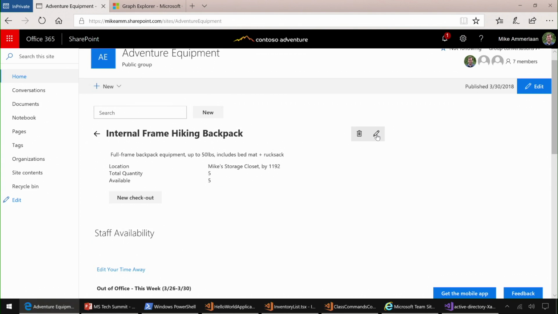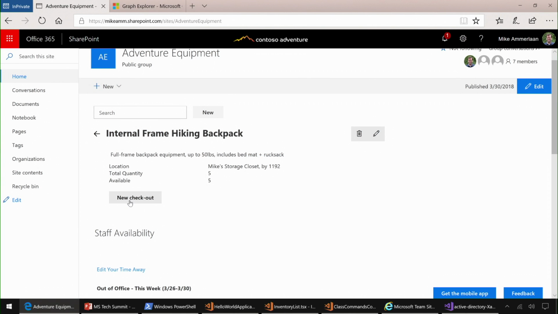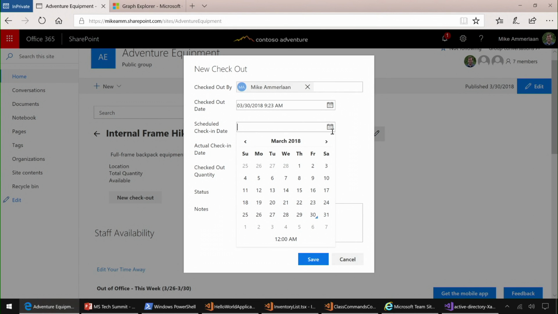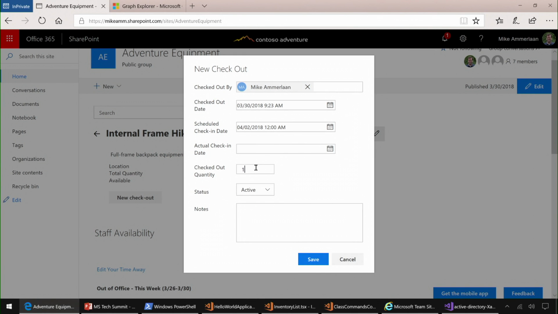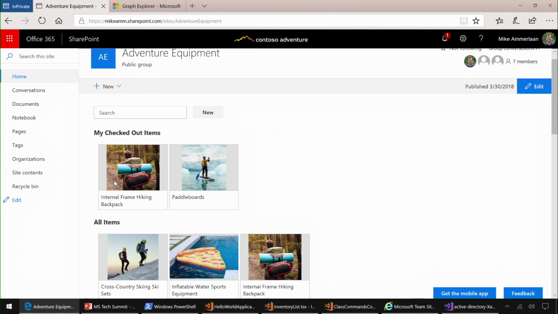So in my case, I can say, okay, in this internal backpack, I can change the location and the description, things like that. And if I want to, I can also check it out for myself, and I can say, I'm ready to take this out, so it's checked out by me. And the scheduled checkout date is going to be in April, and that's when I expect to check it in. And I can say I want to check out one of these and hit save. And so in doing this, now I've done a very simple checkout system,